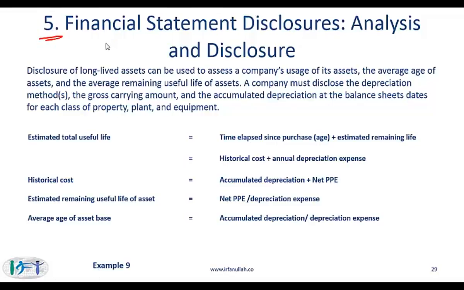We now continue with section 5, financial statement disclosures and analysis. Disclosure of long-lived assets can be used to assess a company's usage of its assets, the average age of assets, the average remaining useful life of assets, and so on. A company must disclose the depreciation method, the gross carrying amount, and the accumulated depreciation at the balance sheet dates